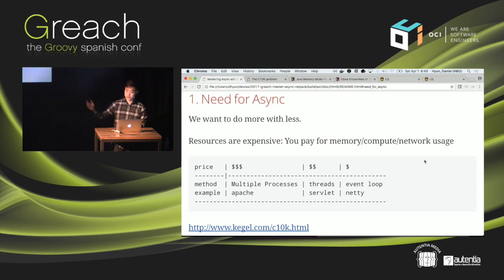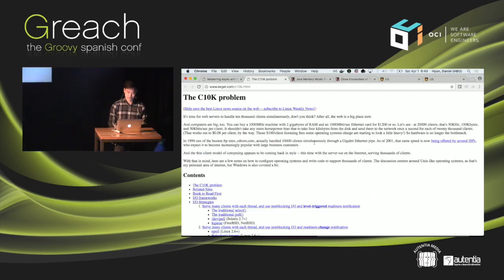And of course, we want to really maximize your bang for your buck, right? So for every dollar you spend, you'd like to be able to handle more traffic, essentially. And there's a really great resource out there. This is the website. It's the C10K. What does that stand for? That's concurrent 10,000 connections, right? And this is all about talking about, well, how can we get to handling 10,000 simultaneous connections on a single node? And since this article has been produced, we've been able to blow that boundary out.